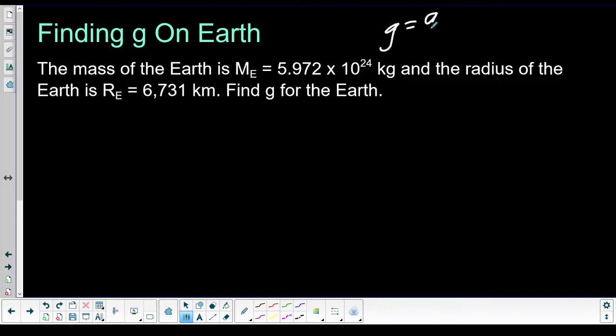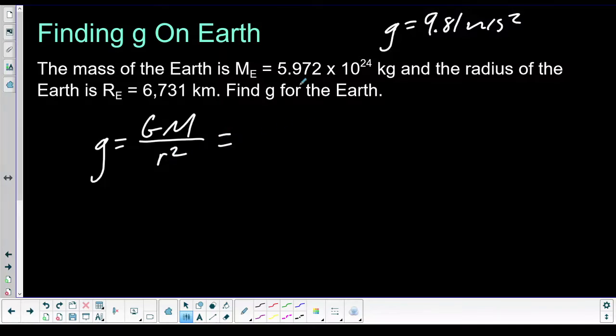g equals 9.81 meters per second squared. So we're going to practice plugging this in. The mass of our Earth is this, so we're going to plug it in. g equals GM over r squared. So G, just so you don't have to look it up again, is